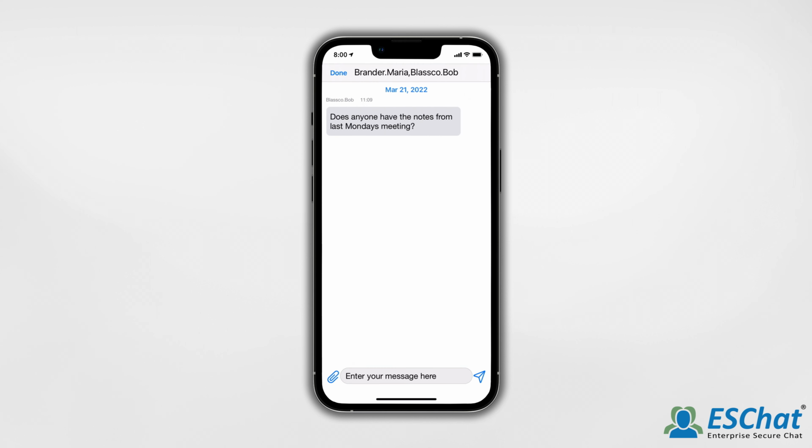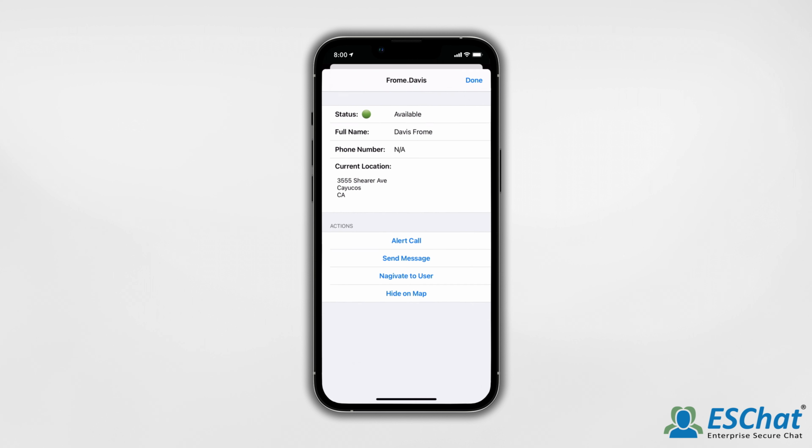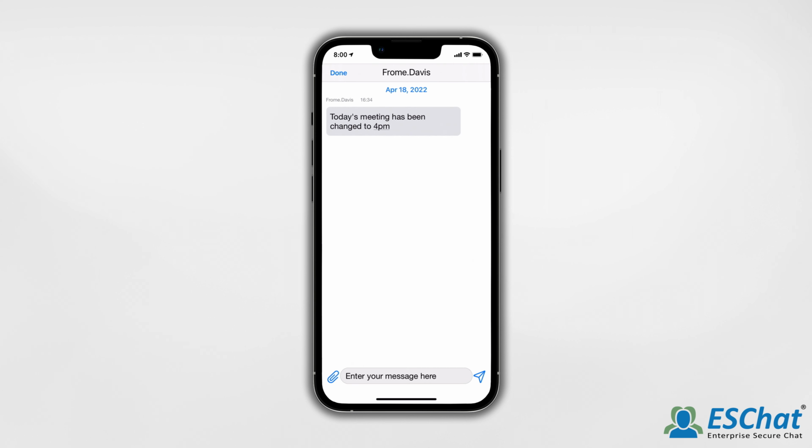To send a message from the Maps tab, navigate to the Maps tab. Tap on a location icon to display the user's name. Then tap once more to reach the information screen. Then select Send Message. You may now compose a